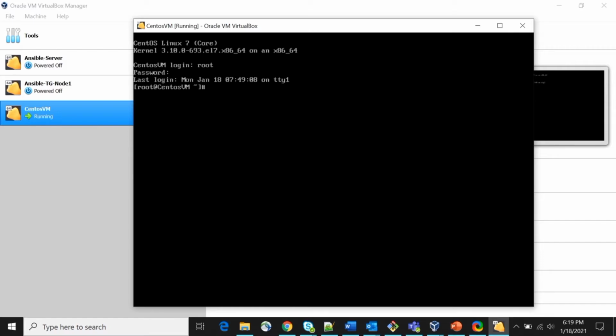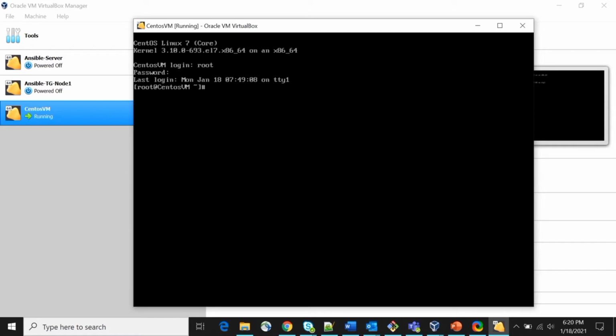Okay, so the hostname is changed now. Next thing, we need to configure the IP address of the system. For that, I am going to power off the system and need to make some changes in the network from the Oracle VM background.